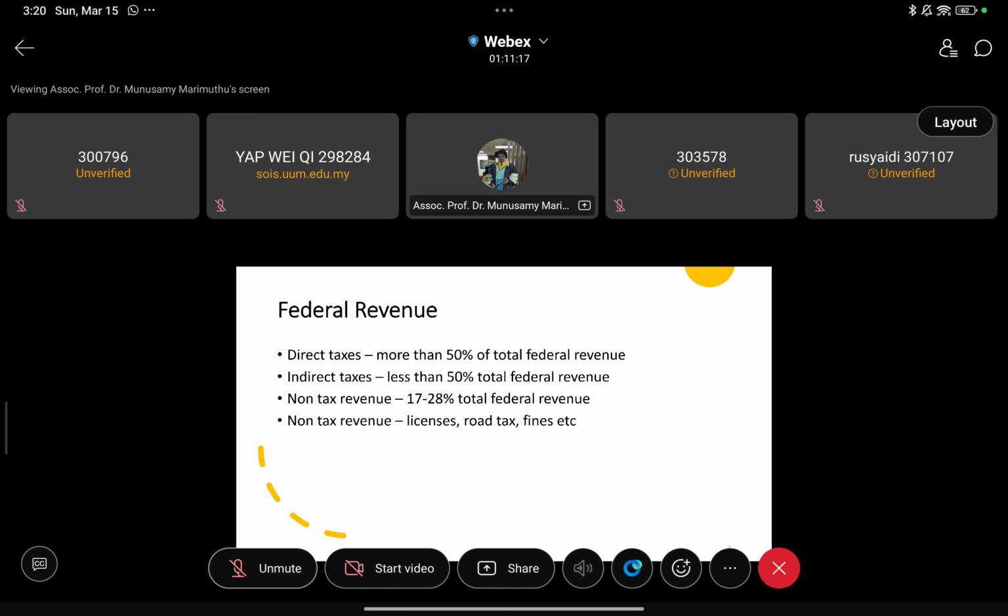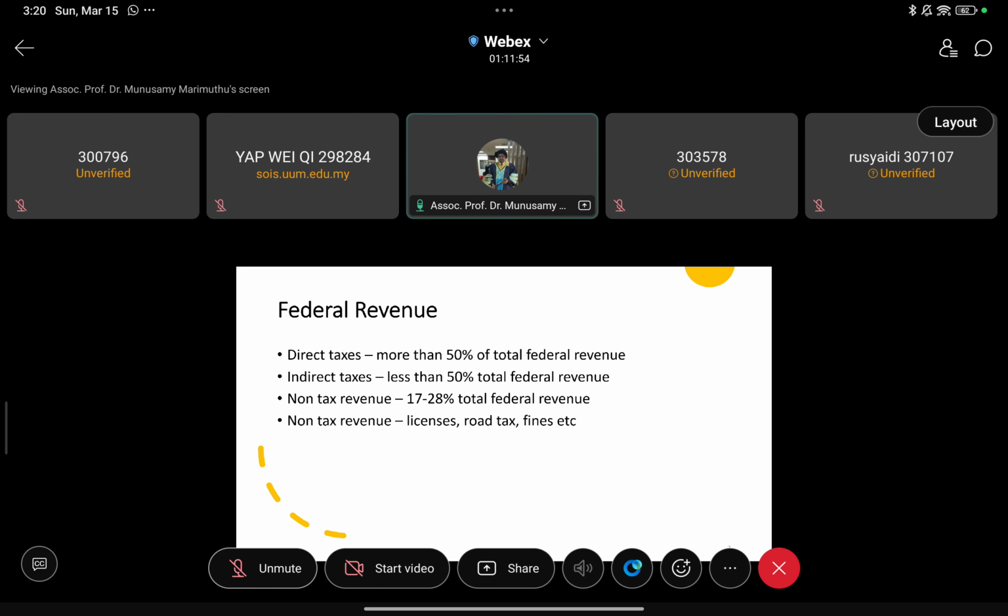So look at this, the collection. More than 50% of the federal income comes from direct taxes. Direct taxes means not only LHDN, it can also be from the local council rates. Indirect tax is less than 50%, supposed to be higher. Non-tax revenue, like license and road tax, is also part of the collection. So here we have about 17% non-tax revenue. So this is how